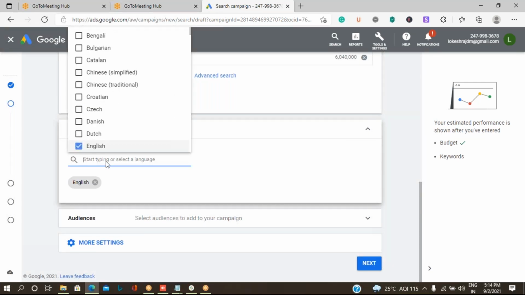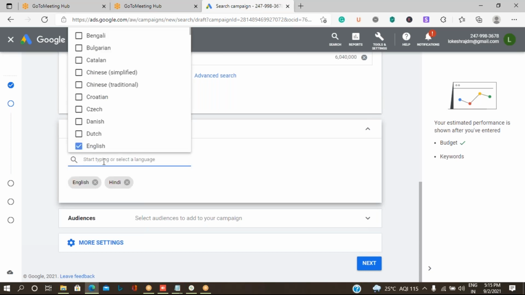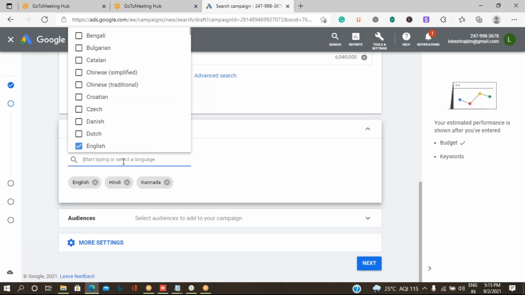Okay, so commonly English will be taken. Suppose my targeting audiences are the people who speak in Hindi, the local language, then you can select that.